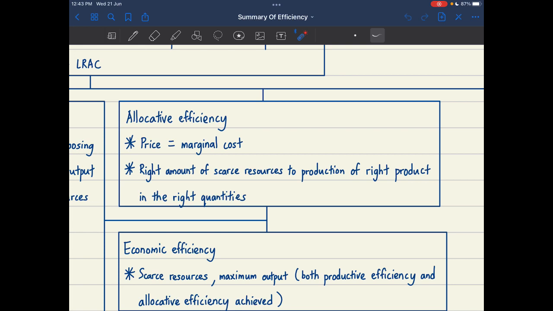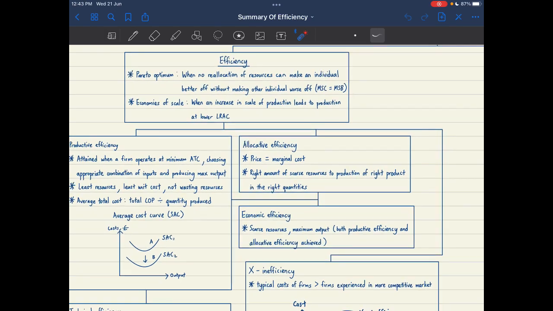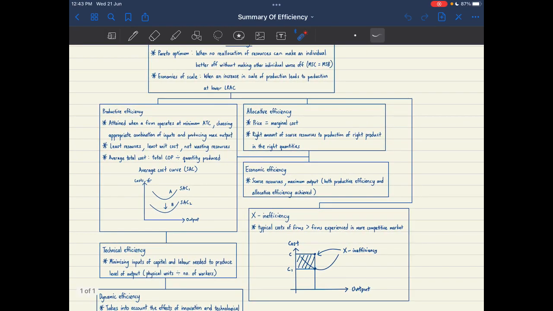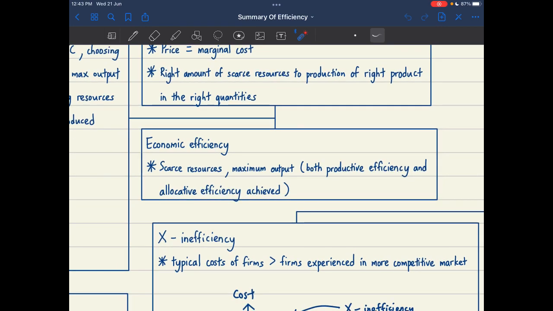So if I were to produce at the lowest marginal cost possible, this would give me allocative efficiency. All right. And if I were to achieve both productive efficiency and allocative efficiency, this would be economic efficiency. So using the same scarce resources, we'll be able to achieve maximum output. We were able to allocate the correct amount of scarce resources and produce the maximum output possible from achieving both productive efficiency and allocative efficiency, whereby I will be able to produce this amount of goods,